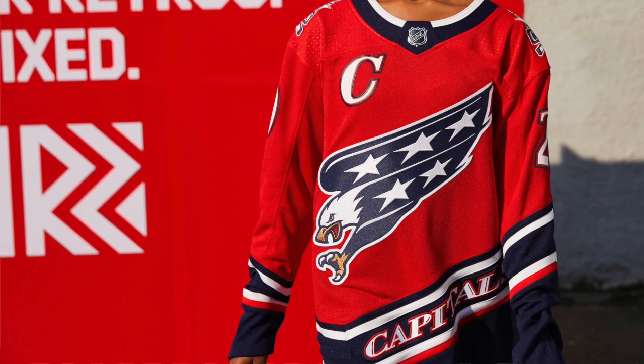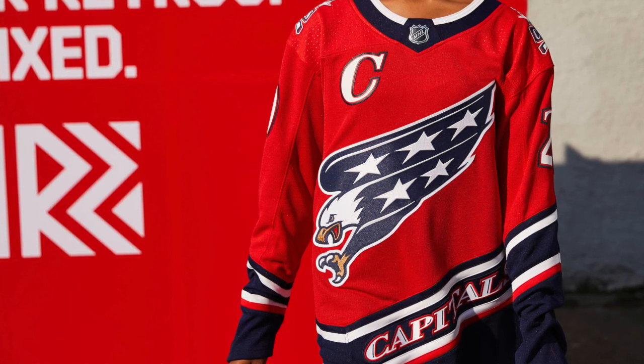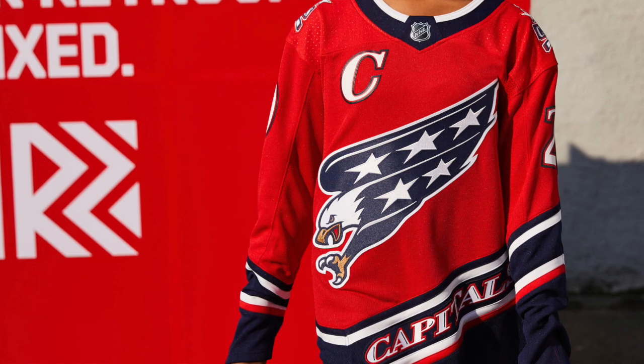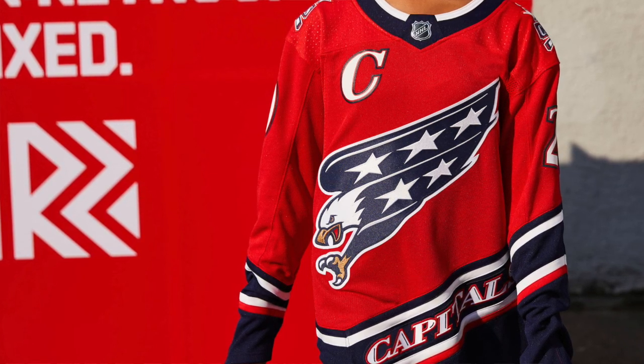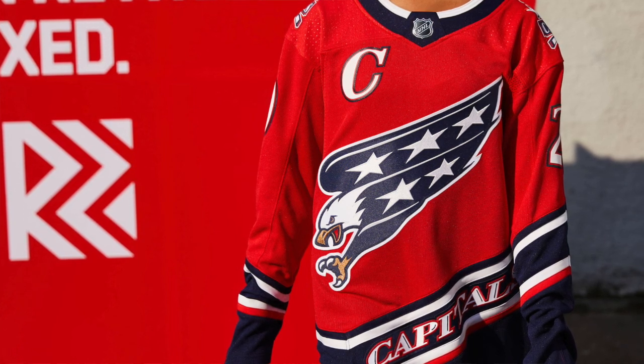Not very good, no. Definitely one of the lower jerseys. And now... Oh, what were you going to say? I was just going to say they could have done a lot better job on the logo, making the American Stars and Stripes thing look more like eagle wings, because right now...